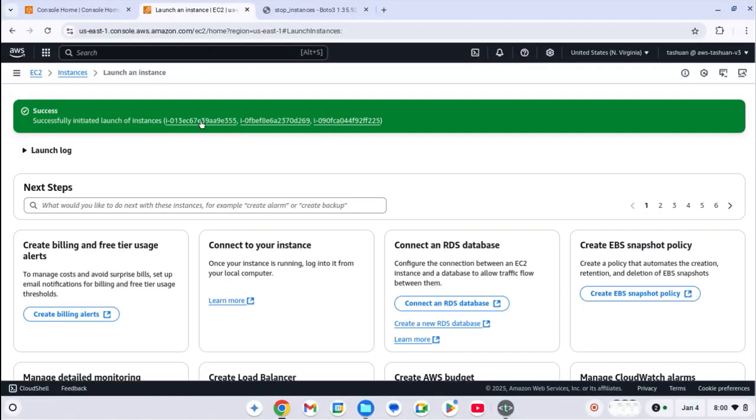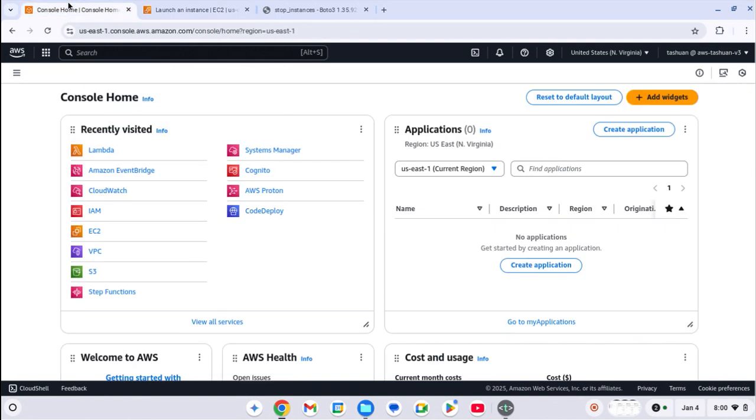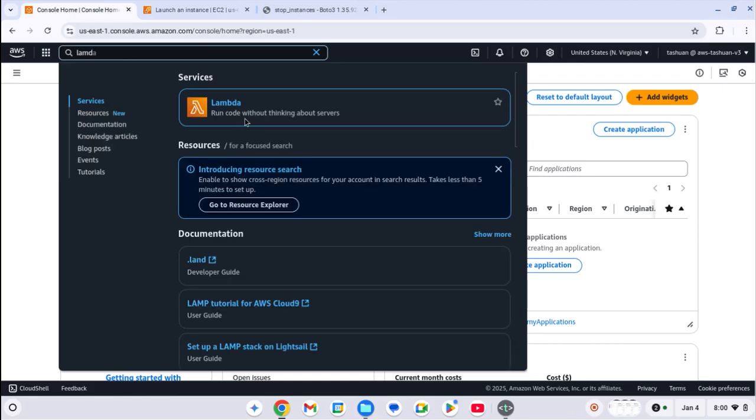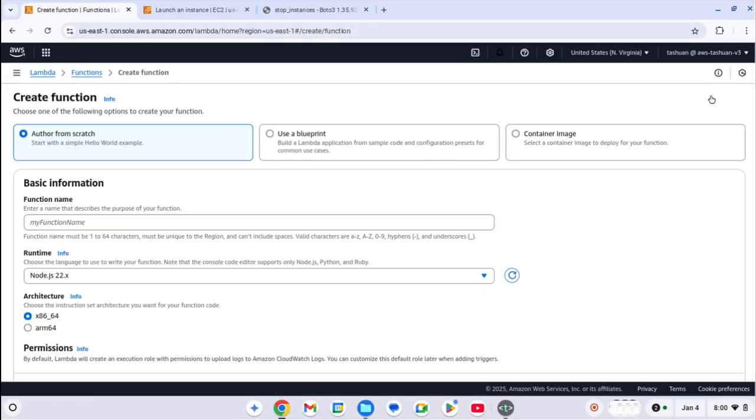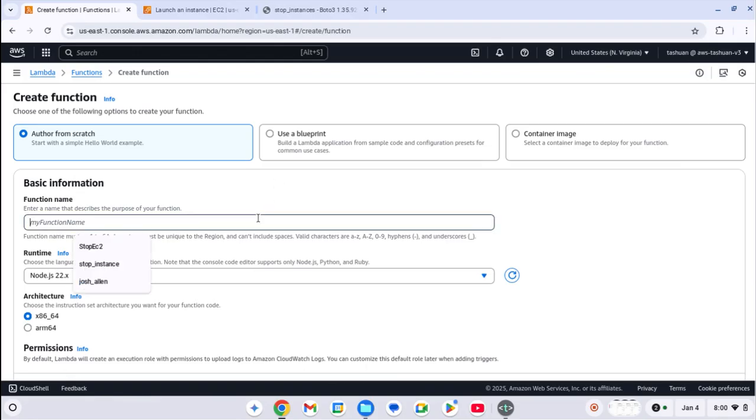So we have successfully launched our instances here, and here are our instance IDs. These are going to be very important for our Lambda function. So we'll come back to our console home tab, go to the search bar and type in Lambda. So we'll wait till it loads. Now that we're here, we'd like to create a function. So guys, yes, we want to start from scratch, and we're going to name our function